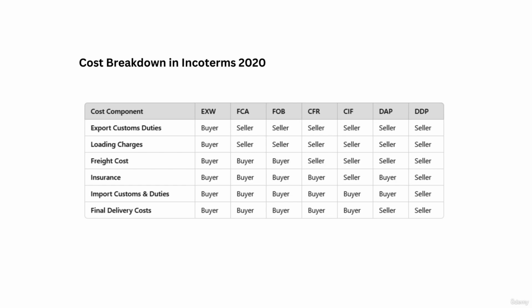In DAP, Delivered at Place, and DPU, Delivered at Place Unloaded, the seller covers all costs up to the delivery point, with DPU extending to unloading. Finally, DDP, Delivered Duty Paid, places the maximum responsibility on the seller, who pays for everything, including import duties and final delivery. Understanding these cost allocations helps businesses make informed decisions and manage expenses efficiently in global